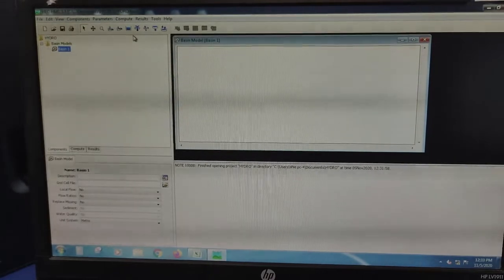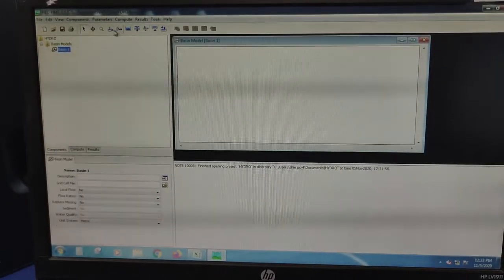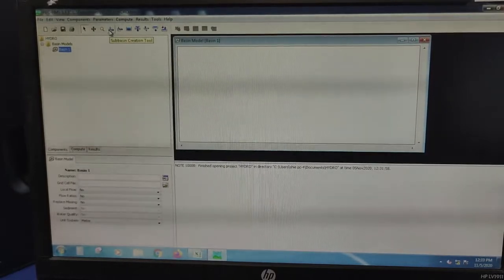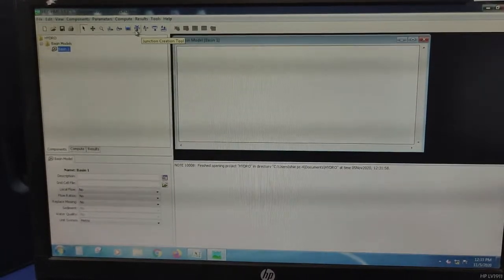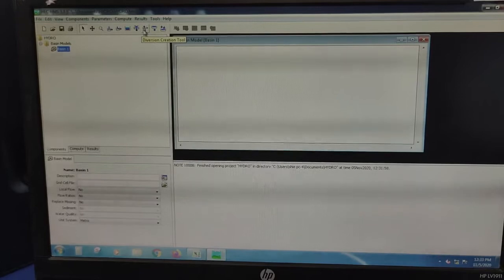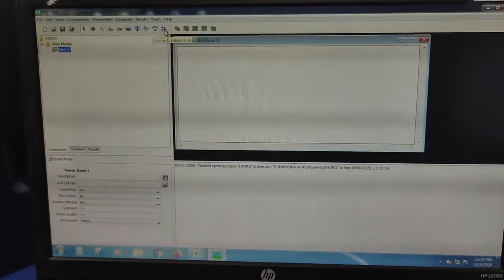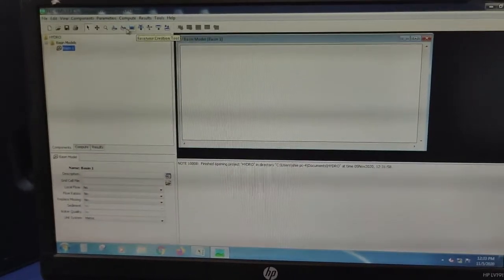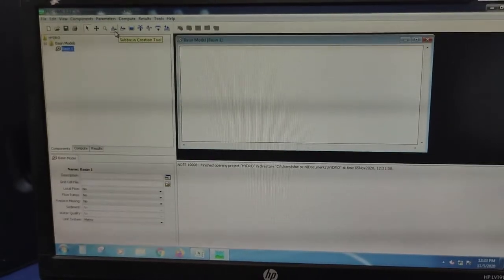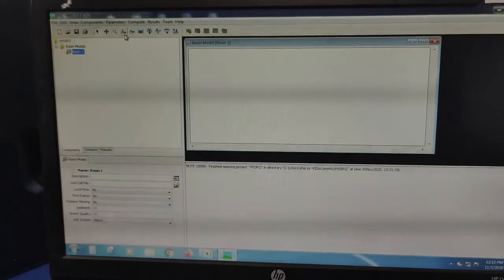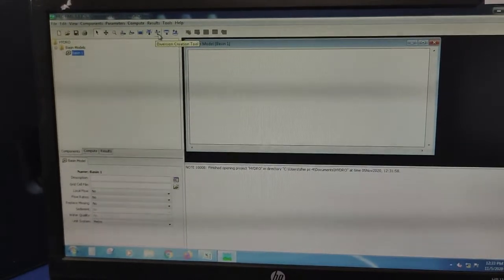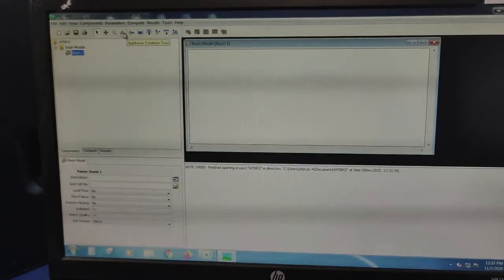Now how to create that? As you can see, these are here. This one is the sub basin creation tool. This is the reach creation tool, reservoir creation tool, junction creation tool, diversion creation tool, source creation tool and sink creation tool. As we are showing only the basic things, we'll be dealing with only the sub basin and the sink, but you can add on the junctions and the reach as well if you want.